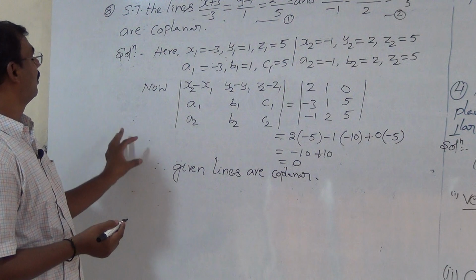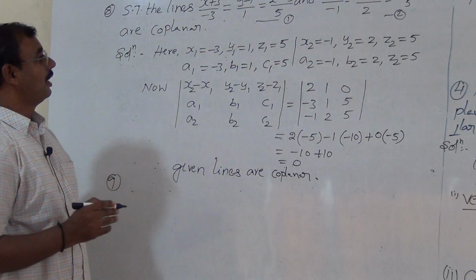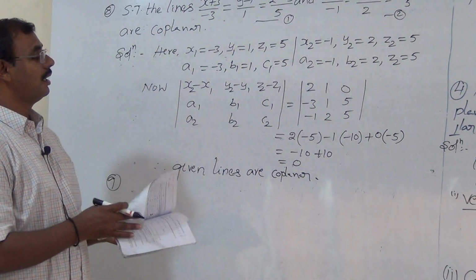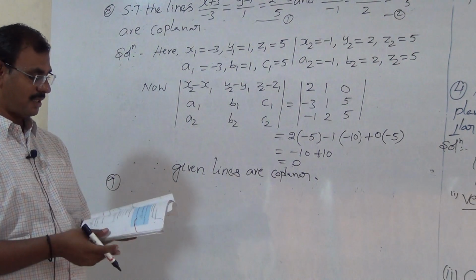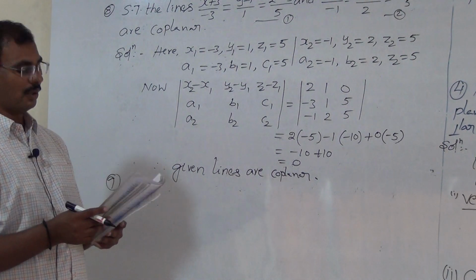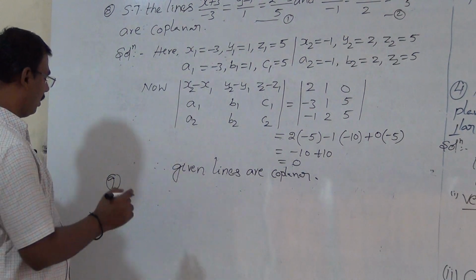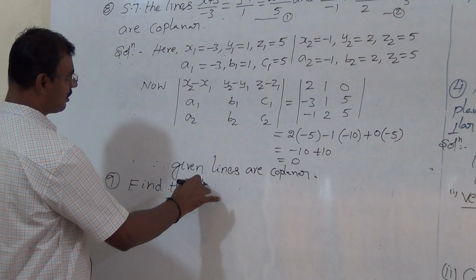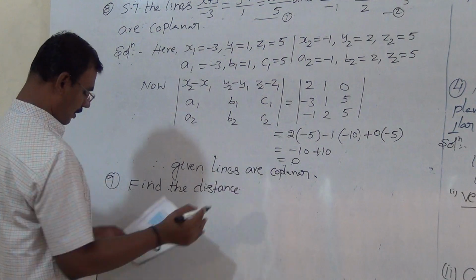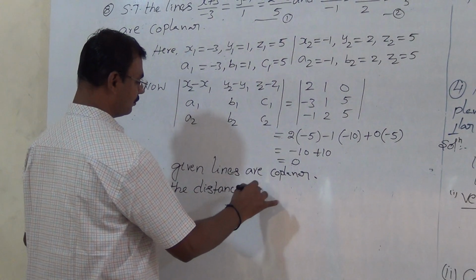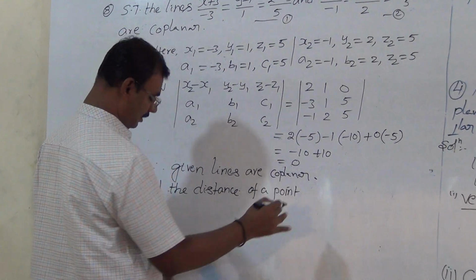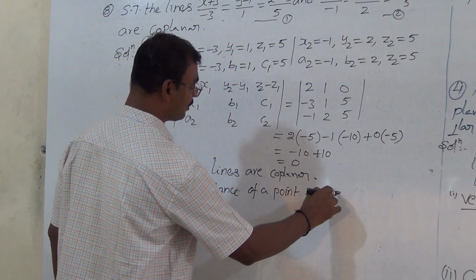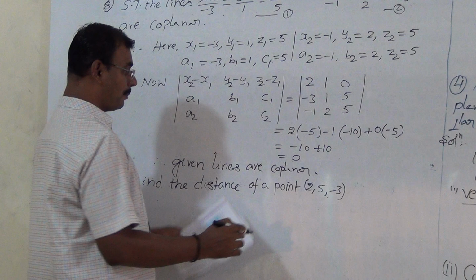Now finally, the last question. That is also completed, a distance model problem. The perpendicular distance formula is (ax1 plus by1 plus cz1 plus d) upon the square root of a square plus b square plus c square. Okay, take it, write down the question. Find the distance of a point 2, 5, minus 3 from the plane